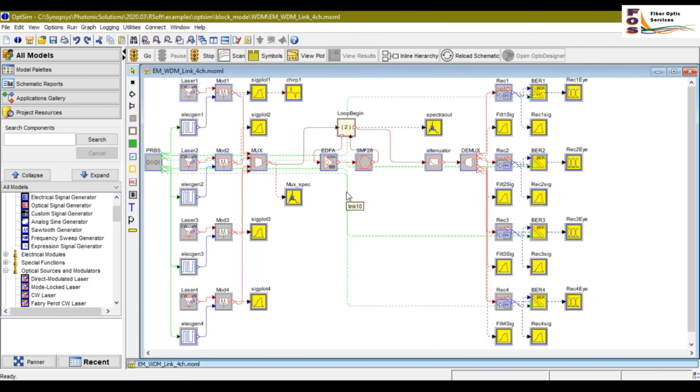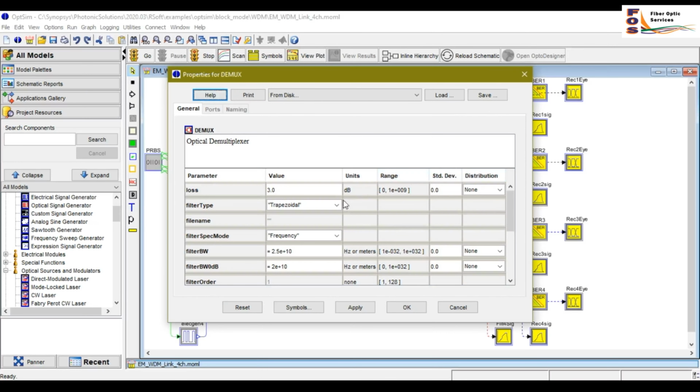Using this setup, if you are performing a parametric scan, you can determine the optimal spacing between amplifiers as well as how the number of spans affects the system performance. Here the repetition loop is coordinated with the scans to maximize performance as well as accuracy. The output of the loop is fed to the attenuator and then to a demultiplexer block. Here again, if you go to the properties, we are using the filters.